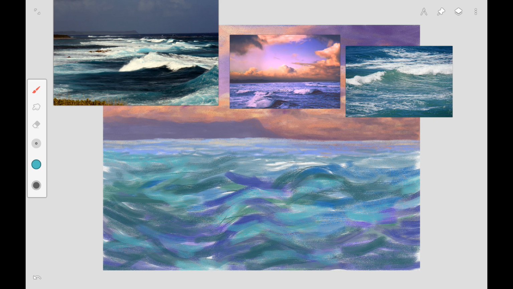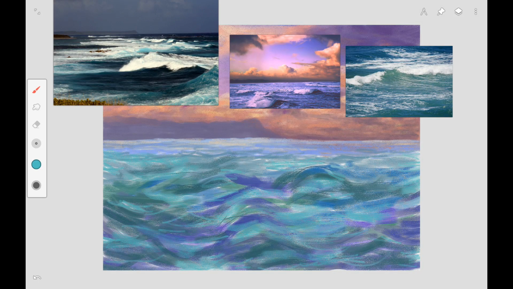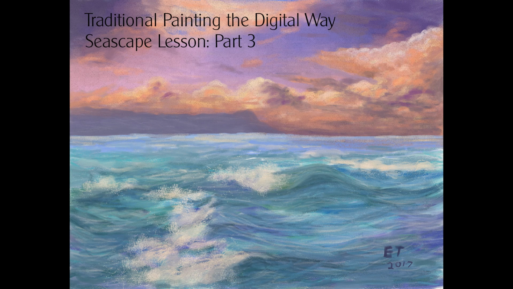And again, as you go towards the horizon, you want it to stay lighter, and you want it to be darker as you come into the foreground, but you need to add a little bit of some highlights to the waves in the foreground as well. And here we're just kind of working on the structure of the waves and giving them more shape as you come towards the foreground. So this is the end of part 3 of my Seascape lesson,